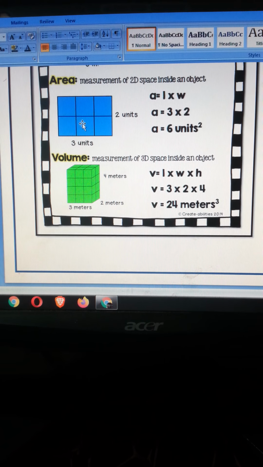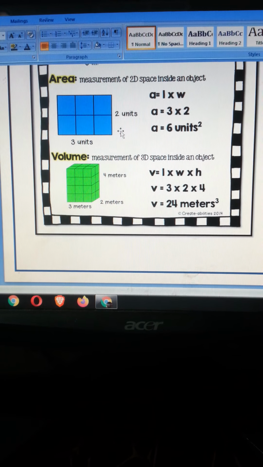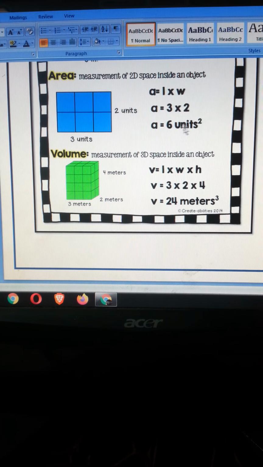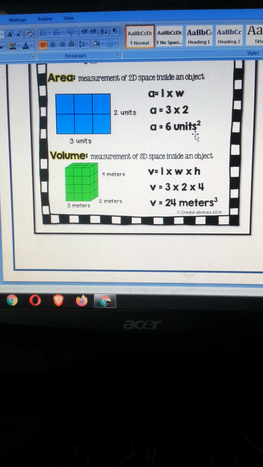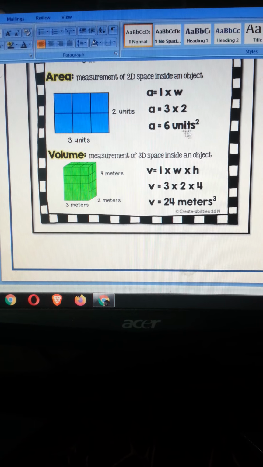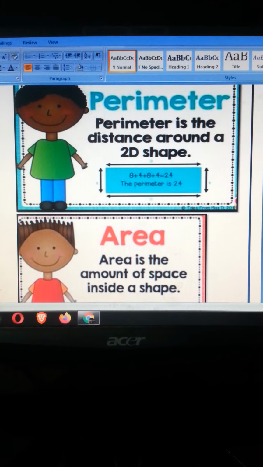So whatever the shape is, you choose that formula. If it is a square, a rectangle, or a triangle, you will choose the appropriate formula for that. And the square unit, or whatever unit is given to you, you are going to write it obviously over there, otherwise it will be incomplete. Now let's talk about perimeter.